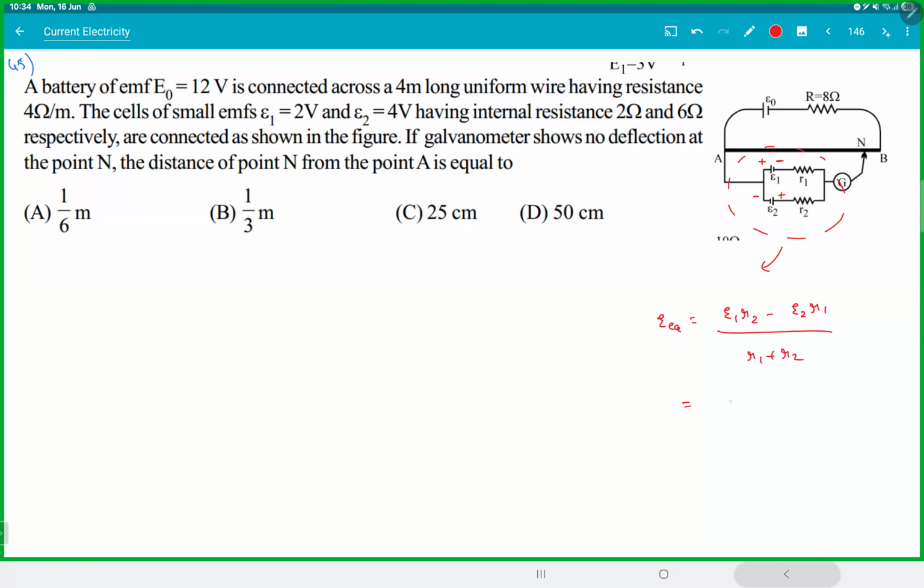So E1 is how much? 2. R2 is 6. 4 and 2 by 2 plus 6. That is 12 minus 8, 4 by 8. This is half volt. So that whole setup you can replace with a half volt battery. That is the advantage if you know that. Otherwise, you literally have to take I1, I2 and solve all that stuff. Can be done, but